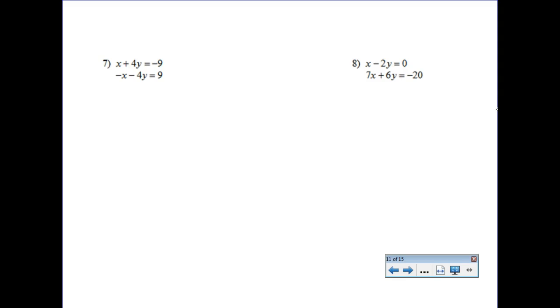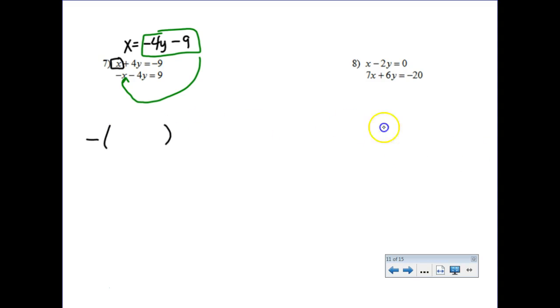All right, now these next two questions, they are not solved for any variable. So you kind of look through who has a really easy coefficient. Basically, you're looking for the number with the smallest positive coefficient. So like right here, this x would be perfect. So just subtract the 4y over. So this becomes x equals negative 4y minus 9. That's the recipe I'm going to use for x into the other equation. Now this gets a little tricky because there's a lot of negatives in this question. There's a negative first, and then instead of x, we're going to replace that with negative 4y minus 9. And then I'm going to keep going, so it says minus 4y